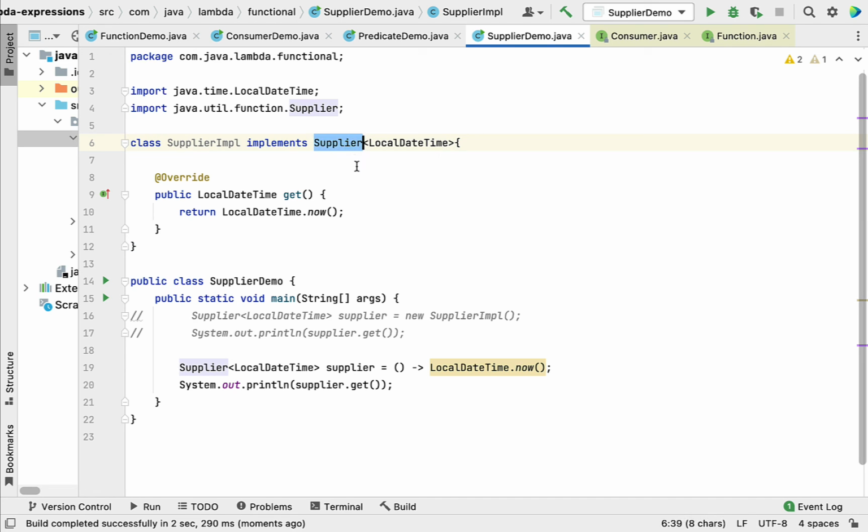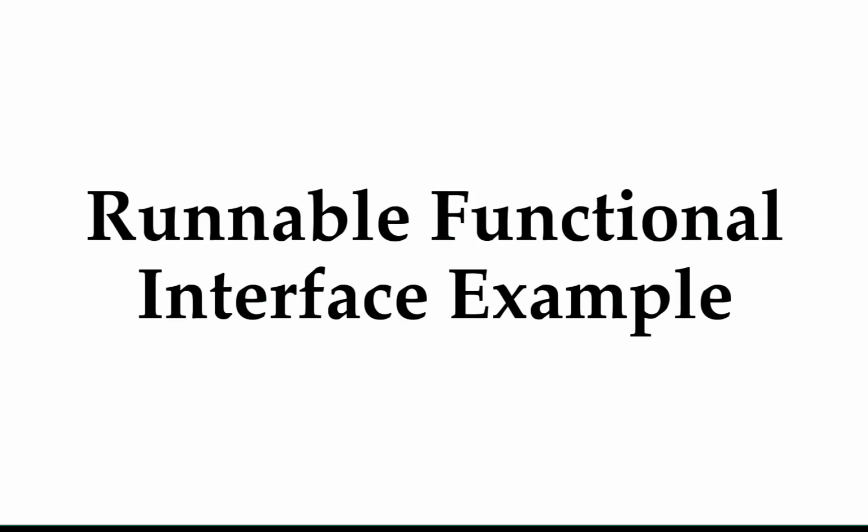The supplier functional interface basically supplies some data to the calling function. Here this get method is supplying the current date time. Runnable interface in Java is a functional interface, so we can use a lambda expression to implement it, and then we can create a thread and pass the lambda expression to the thread. Let me create an example and demonstrate how we can write a lambda expression